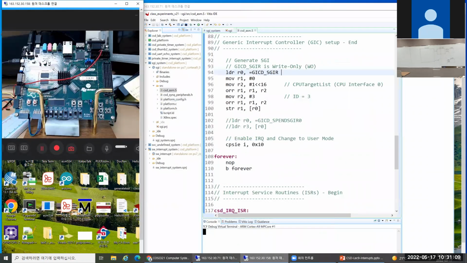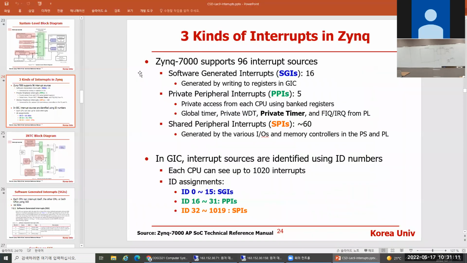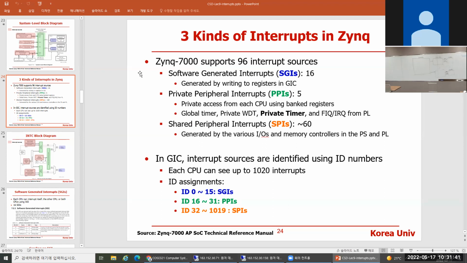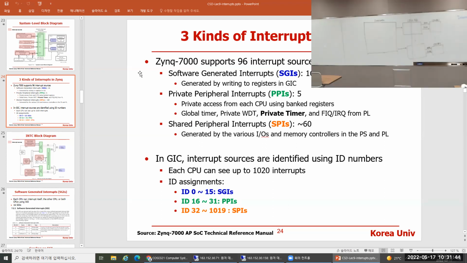Okay, let's get started. We are talking about interrupts, right? There are two kinds of interrupt. First one, hardware interrupt. Second, software interrupt. And software interrupt is provided as an instruction. In the ARM case, we have the SVC instruction, the supervisor call instruction. And hardware interrupt is typically generated from